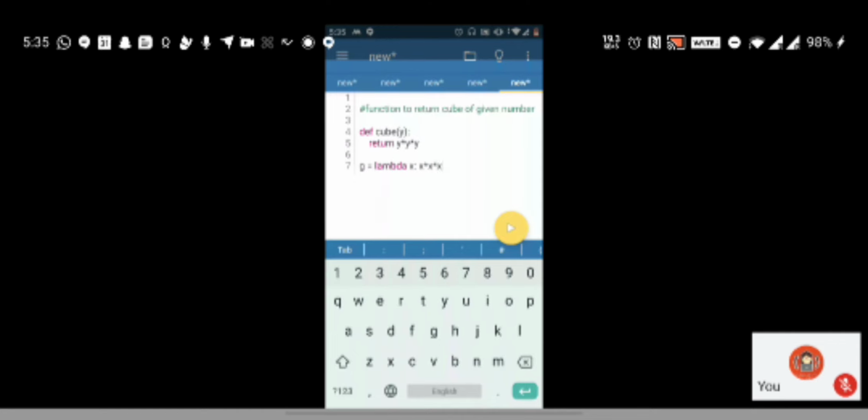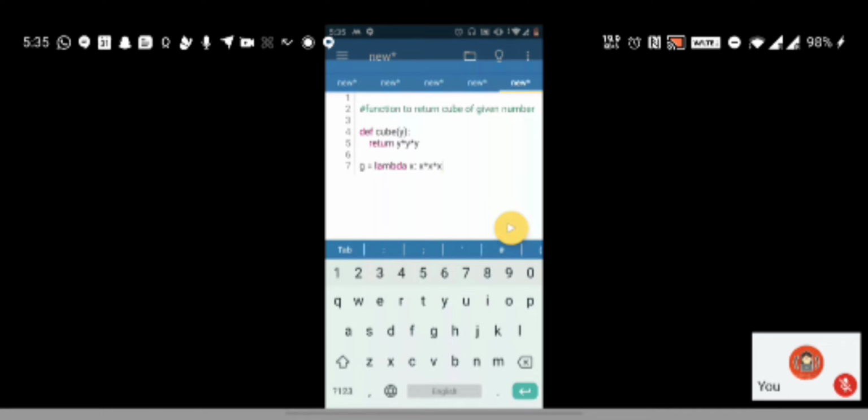So I have just said lambda, space, whatever argument is required. There is one parameter required, and why is that required? Because I want to cube this number. Whatever would be passed, that is the one I want to cube, right? Then colon. After colon, whatever follows will be the expression that this lambda function has to execute. In this case, it is x into x into x. Yeah, this is the way you define a lambda function.